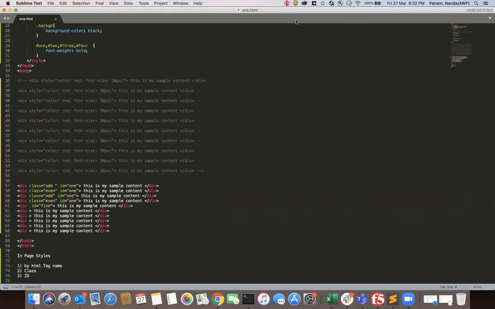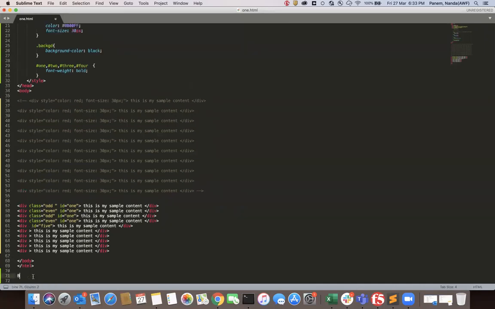Now let's go to one more important concept, called the box model. So what is this box model? The box model is nothing but the idea that in our HTML page, all elements are in a box. It may be a square or a rectangle. Normally all the elements are coming as rectangles.